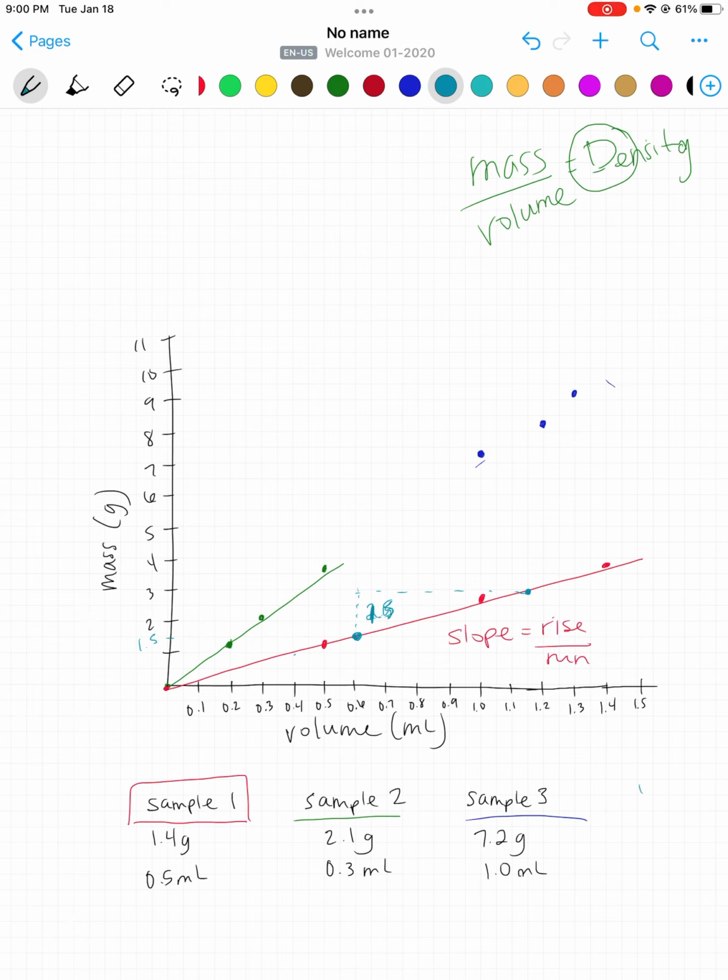If I subtract, because I want the difference, that's 1.09. So that means my run is 1.09. To find my slope, I'm going to plug in my rise was 1.5, my run was 1.09,